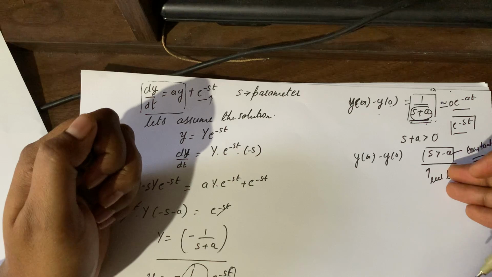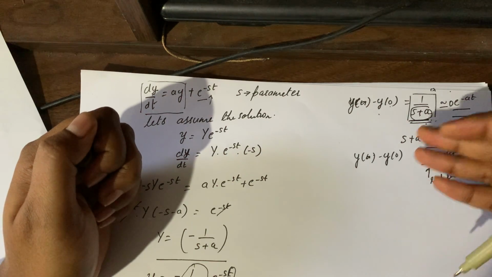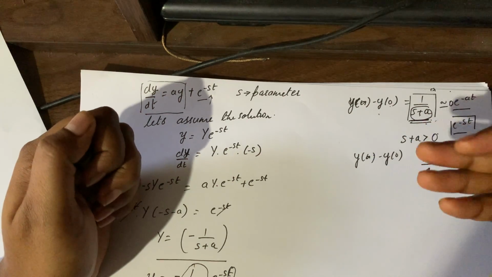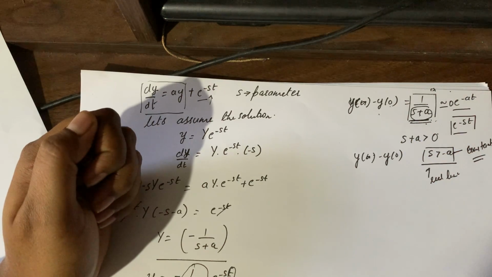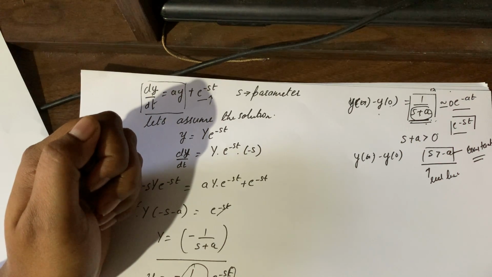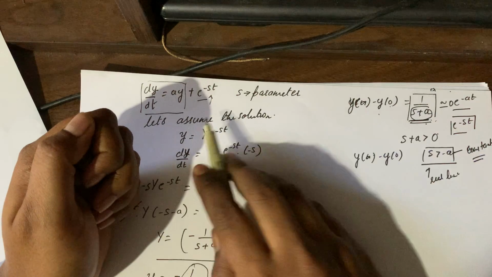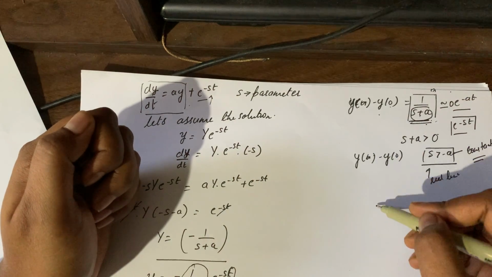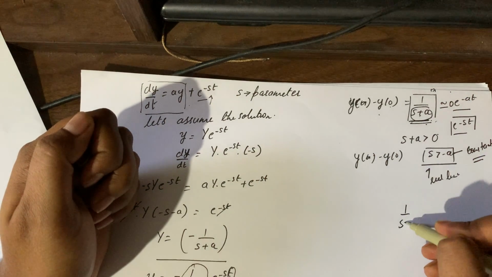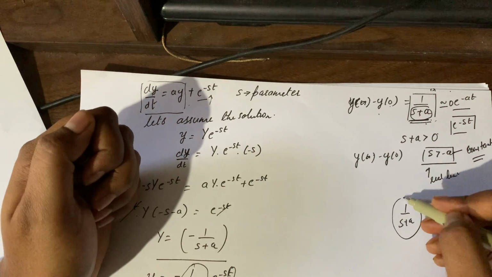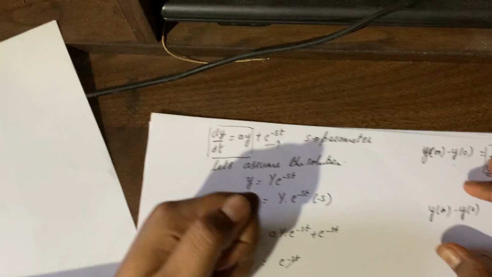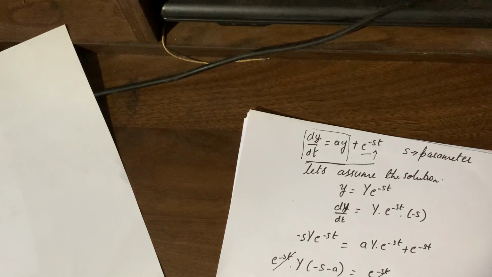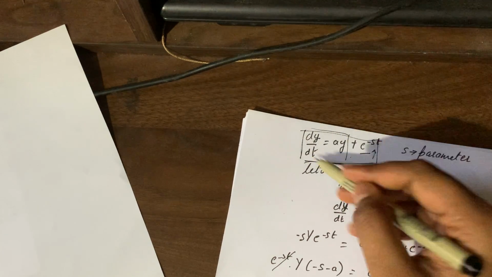We are able to understand how a system behaves when certain things go to infinity, when a is 0 or 1, positive or negative, how the system is behaving. And this gives you a relation from the differential equation to a linear solution, that is 1 by s plus a. Don't you think this is easily solvable and easily understandable for a system than this, which is so vague? I don't even understand what's happening here.